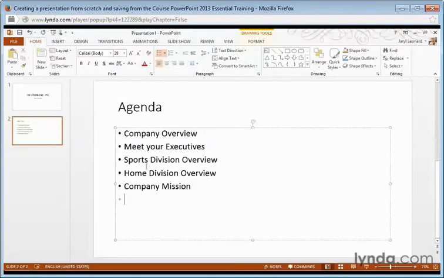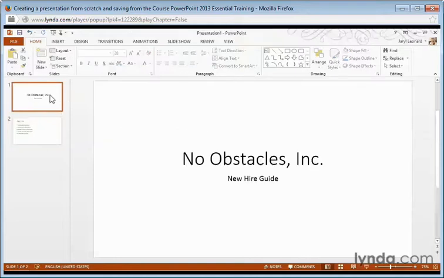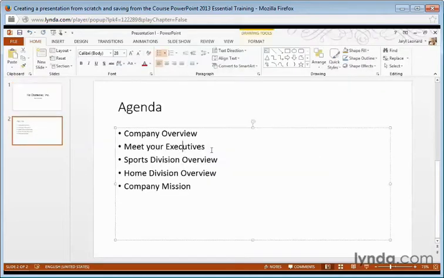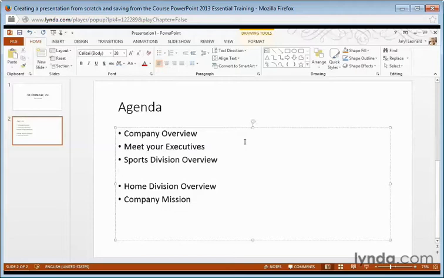I can go back and forth between those slides by simply clicking on it in the slide navigator and coming back here with my mouse and clicking. For example, I can put my cursor at the end and hit Enter and keep typing, or I can move on. So right now it looks like a really plain, boring presentation. Don't worry about looks for now. This is just the basics. By the end of the course, I'll show you how to create incredibly jazzed up slides with pictures, backgrounds, and fancy text. So now that we actually have some slides and text, let's save our presentation so that we can